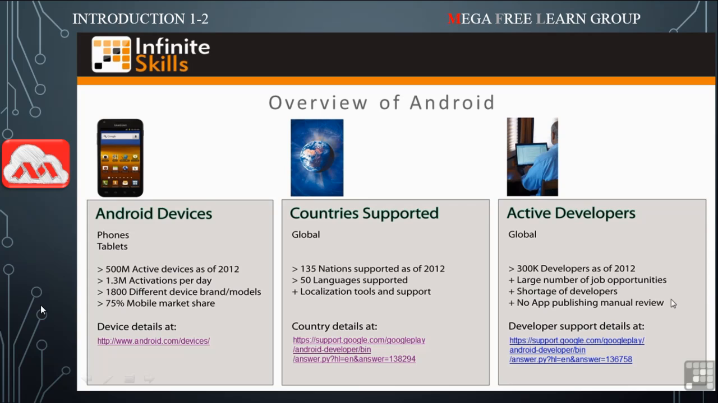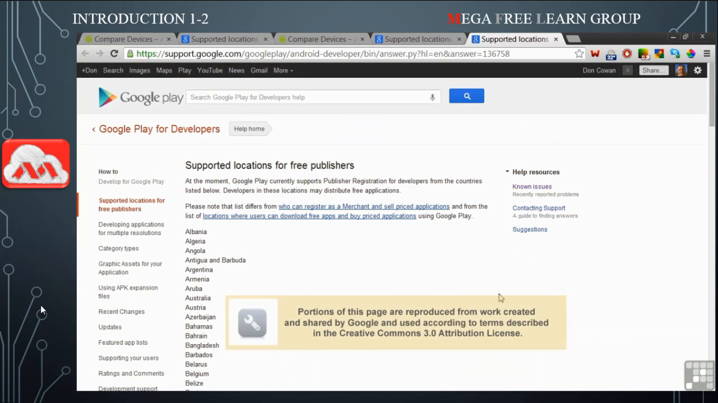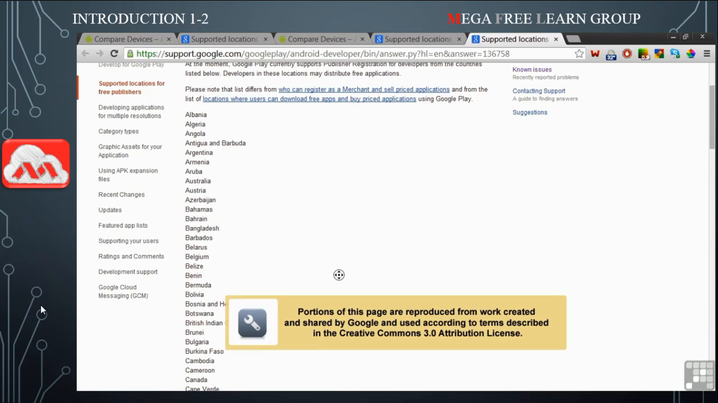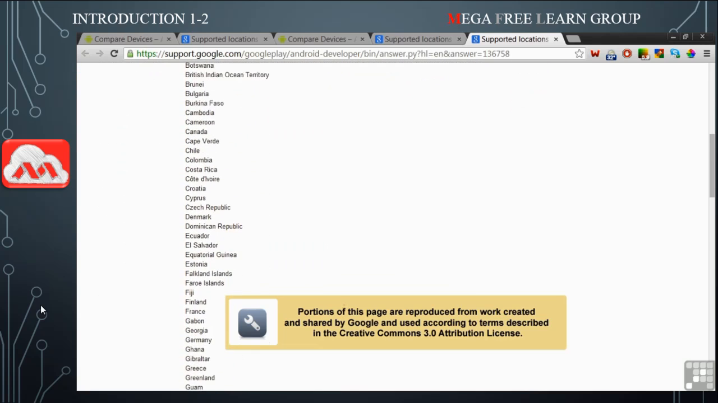And you can see a detailed list of country support of developers by clicking this link here. This web page shows the details of developer support around the world, and as you can see,